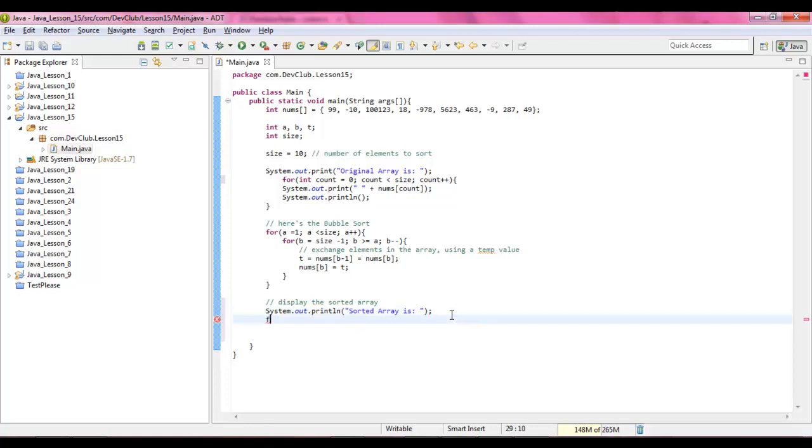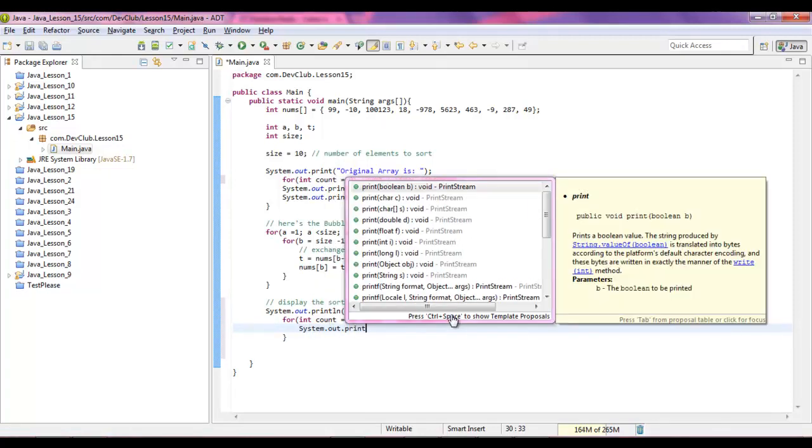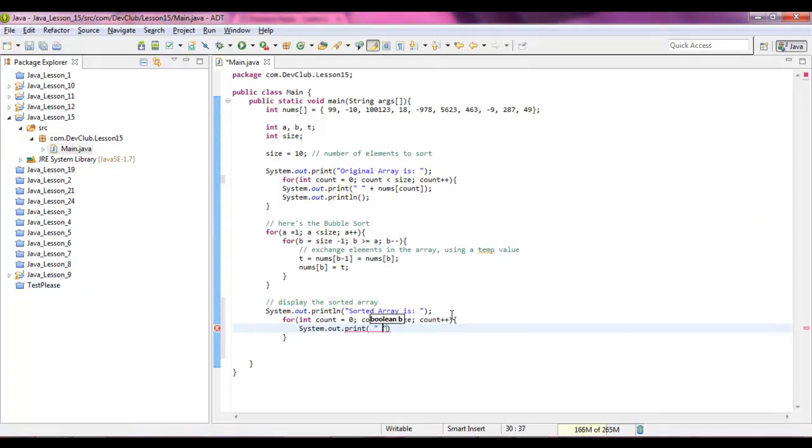For int count equals 0, count is less than size, and then count is incremented. Now what we're going to do is System.out.print nums count